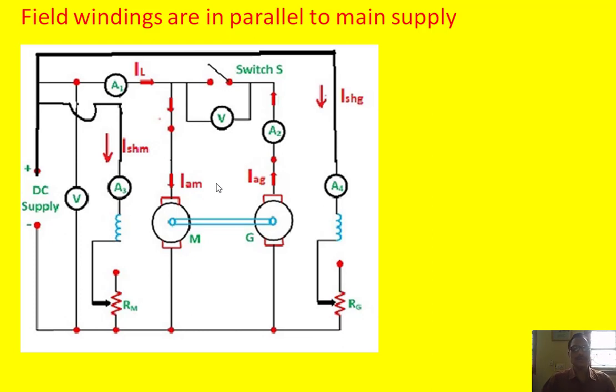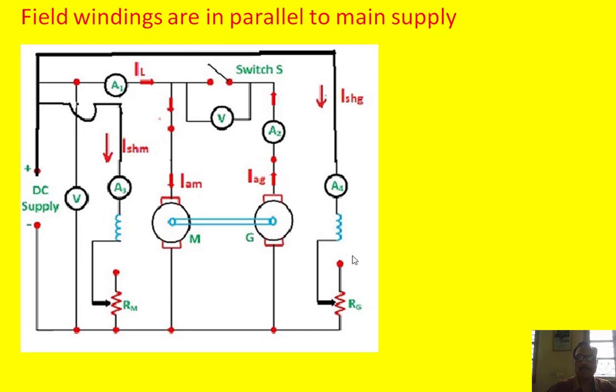When it comes to the operation, first we have to keep this rheostat in the minimum position, whereas this rheostat in the maximum position, so that this develops least voltage, and whereas this operates at low speed. Then, after switching on the supply, vary this motor field rheostat in such a way that the motor attains rated speed.